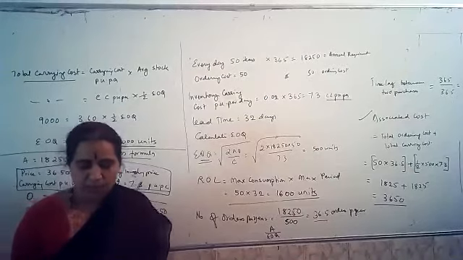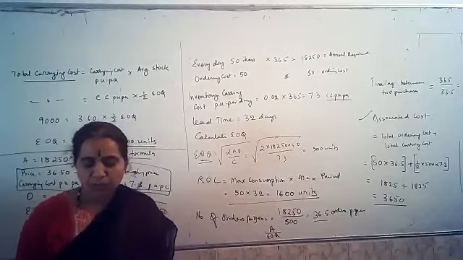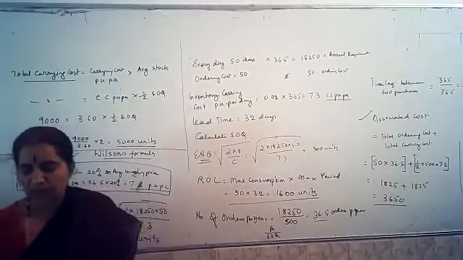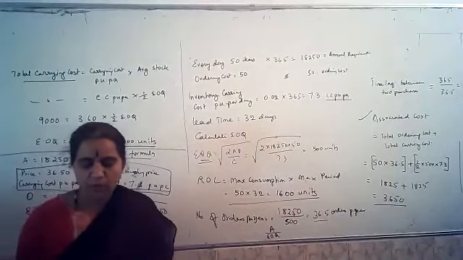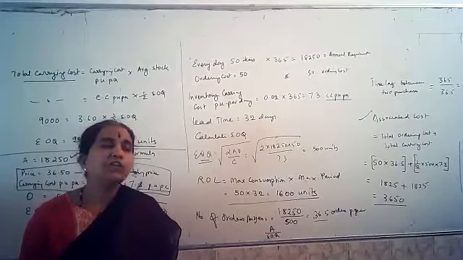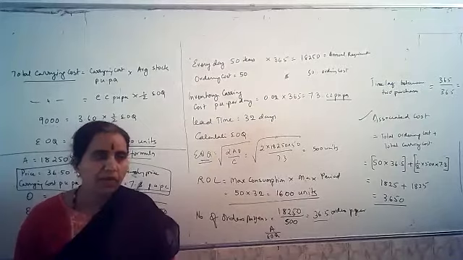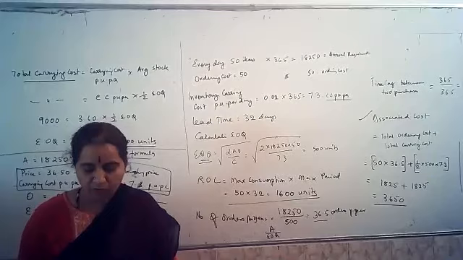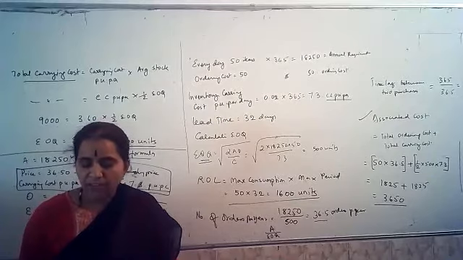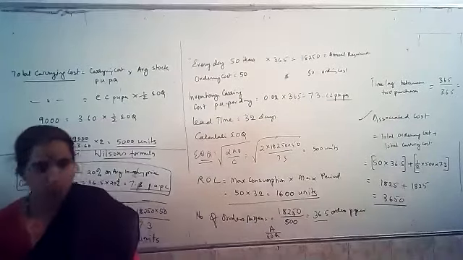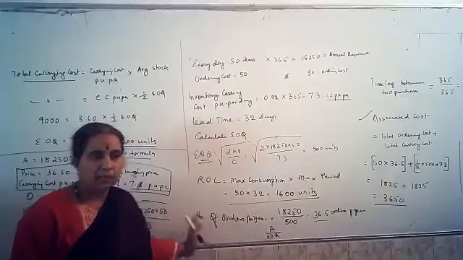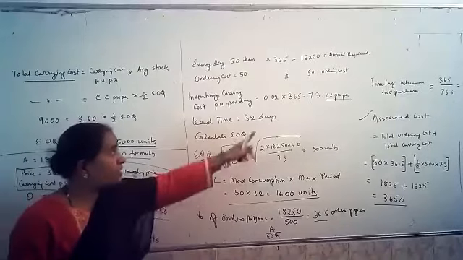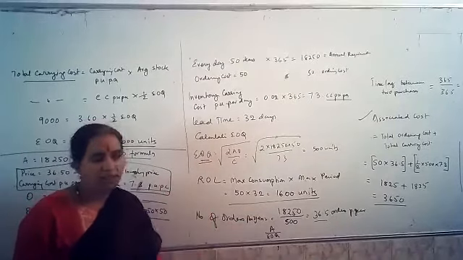is suitable. They are asking you for EOQ, what is the sum of the total relevant ordering cost and total annual carrying cost for Super Grow. So you need to calculate both annual ordering cost and annual carrying cost, that is the associated cost they are asking for, and compute the number of deliveries per year for Super Grow and Nature's Grow. We have already done that particular equation right here. Number of deliveries, number of orders, we have done everything.